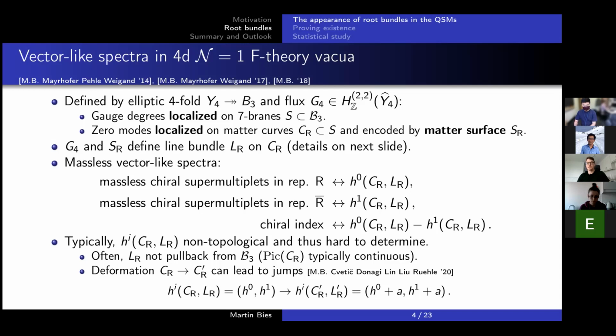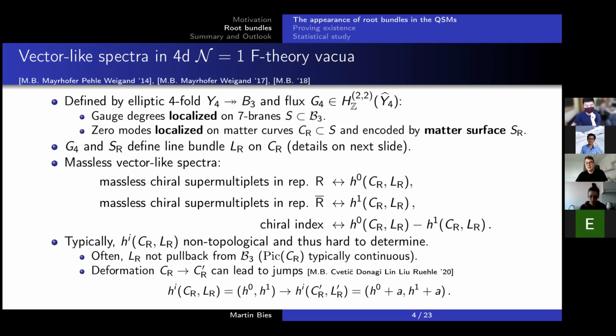These are massless chiral supermultiplets in representation R. Mathematically, there's also a first cohomology class for a line bundle, which corresponds to the H0 of the Serre dual bundle, which relates essentially by charge conjugation, so that we interpret the H1s as the massless chiral supermultiplets in the conjugate representation. The simple thing is the difference of these two dimensions of vector spaces, so H0 minus H1,